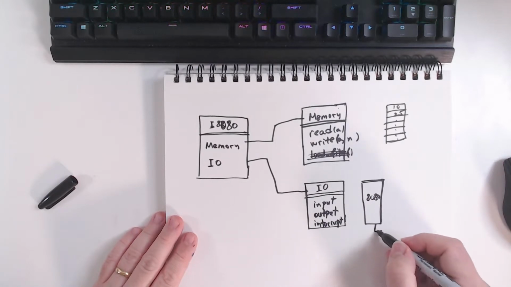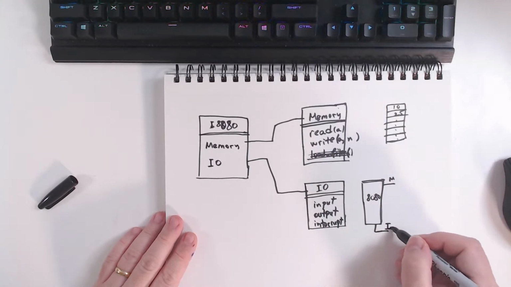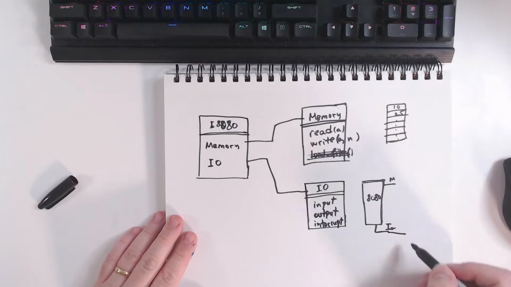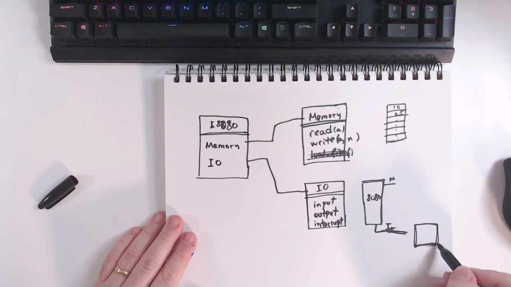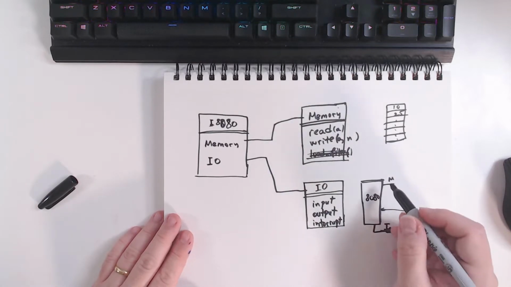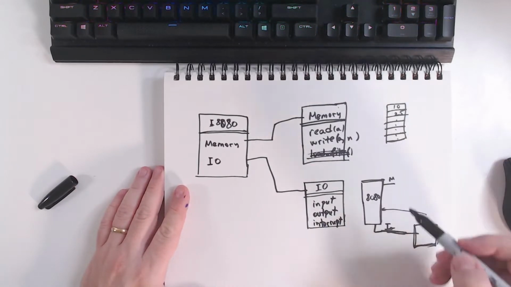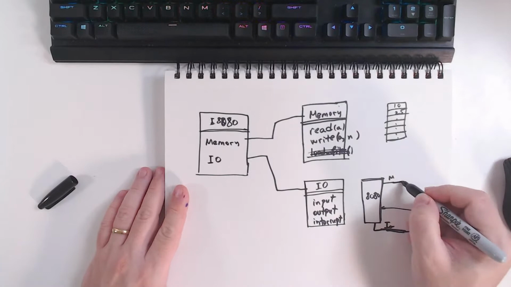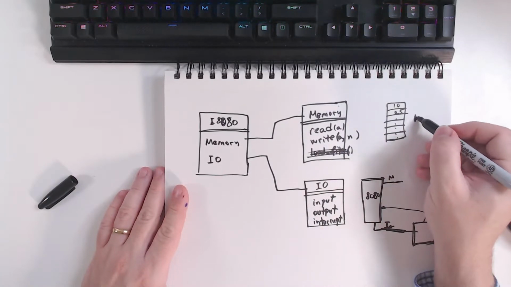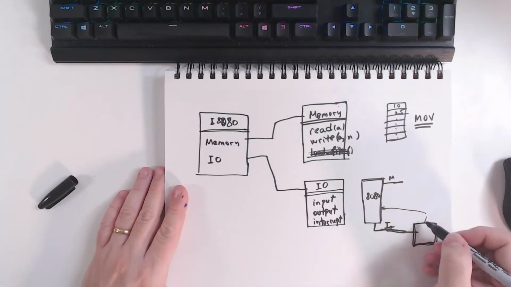Besides the regular pins for accessing memory, it also had other pins for accessing input-output devices. Let's say if you have here a keyboard, these pins would be connected and enable the keyboard, and this keyboard will provide back data. So it has two ways of getting data inside the CPU, from memory and from input-output devices. And it had different instructions inside the CPU. For accessing memory, usually it had those instructions with MOV, similar to what we saw yesterday in our virtual CPU. And for accessing input-output devices, it had